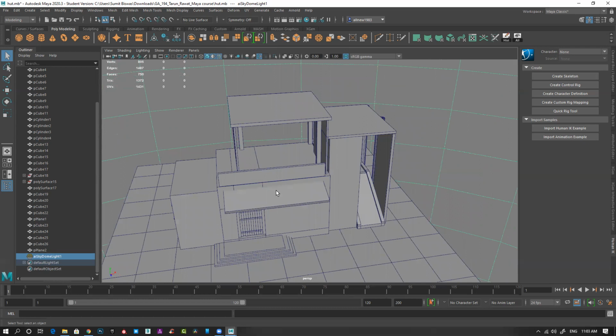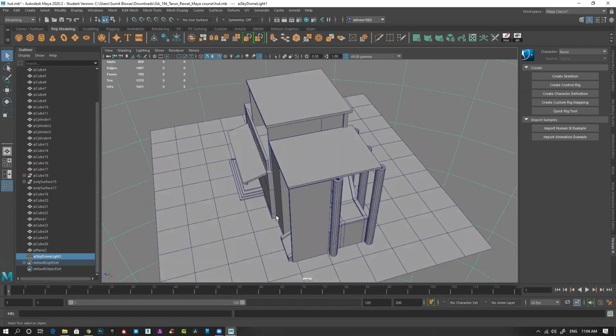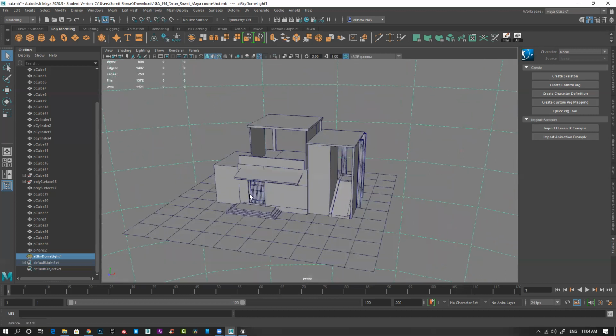Not everything, because Max also has a lot of strengths where Maya lacks. When they created these softwares, Maya was more for production and movie making, and Max was targeted towards architecture and architectural visualization. That's why Max is more efficient for architecture and hard surface modeling, while for animation or movies, Maya is more efficient. Both have their own strengths.